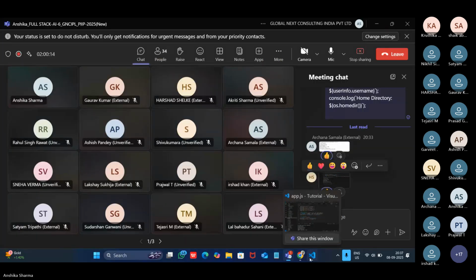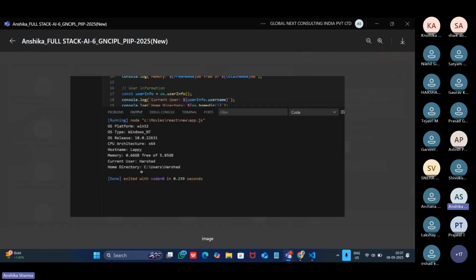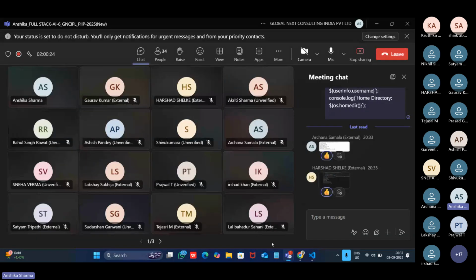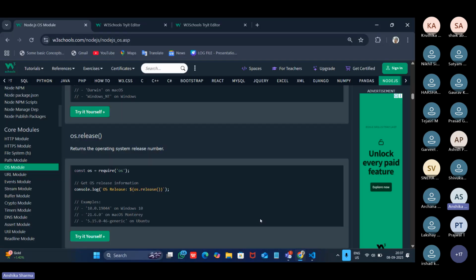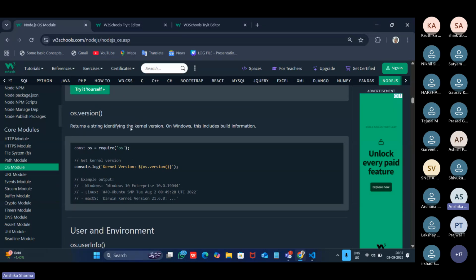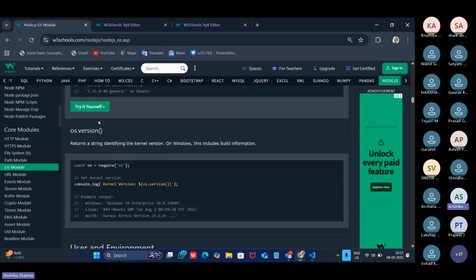That is how we can get the information about our OS release number if we are using a different platform. Like for him, he has also got the OS release in the Windows format because we are all using a Windows operating system right now. Next is os.version. As the name suggests, it gives me the information about my version.